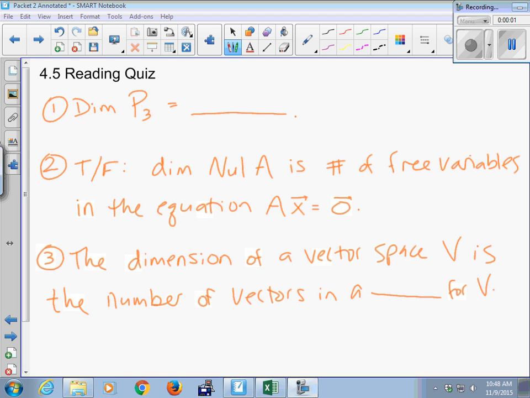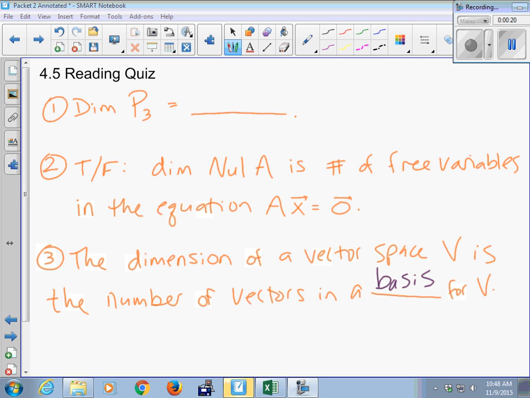Right, I'm going to skip number 1 for a second. I'm actually going to jump to number 3. Okay. The dimension of a vector space V is the number of vectors in a what of V? Basis. Good. All right, so now that we know what the definition of a dimension of a vector space is,